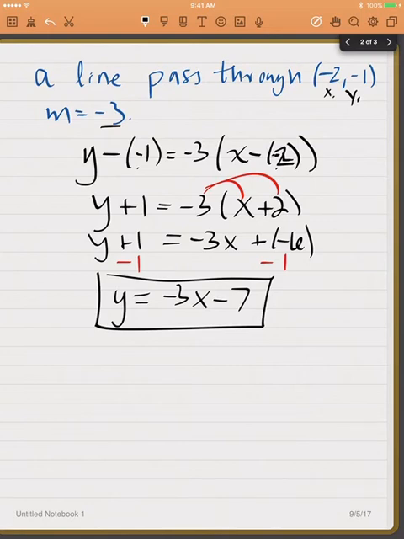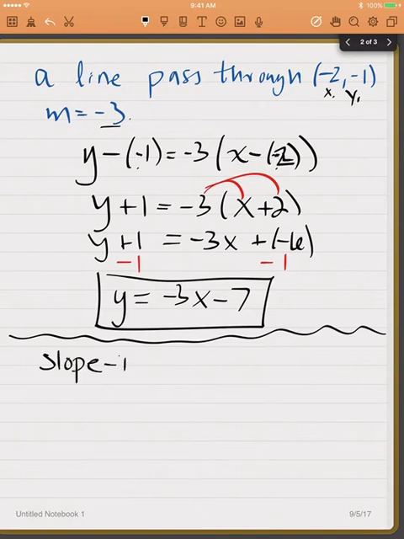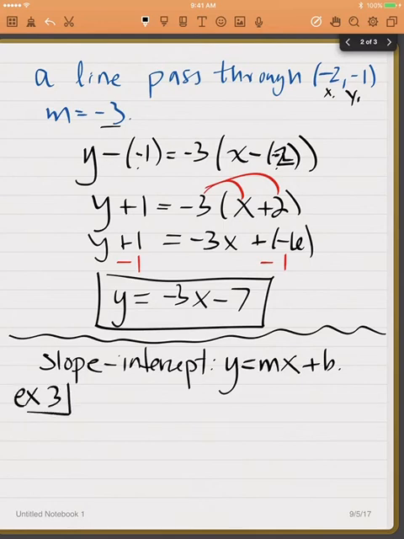Let's do one with just going straight to slope-intercept form. So sometimes this will happen. Sometimes they'll say you have a slope and they'll give you an intercept, which is the form that's most common, which is y equals mx plus b. So let's call this example 3. So sometimes we'll get a slope of 3 over 4,